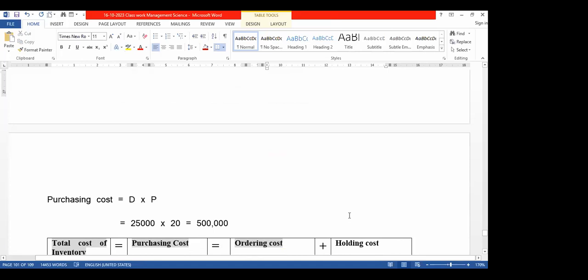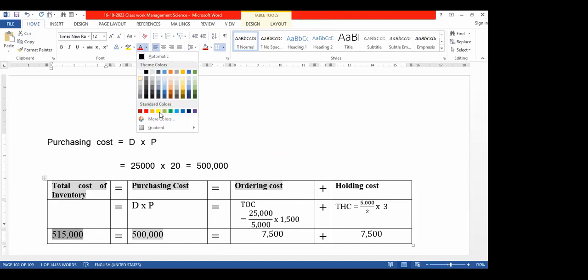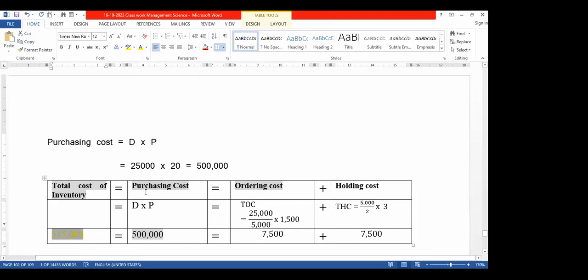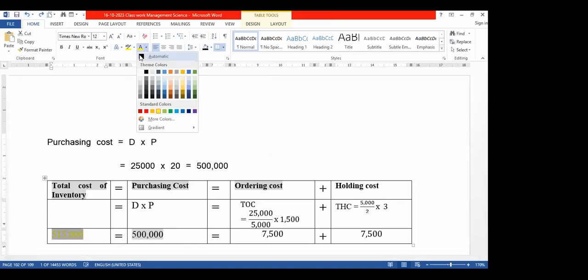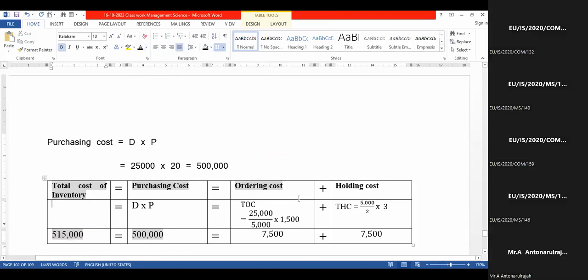So the purchasing cost is 5 lakhs, 500,000. So the answer is 515,000. Okay. Right. So then you see that